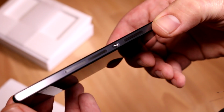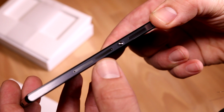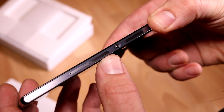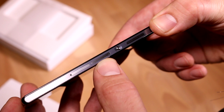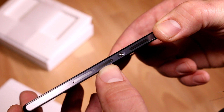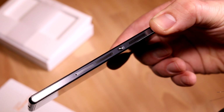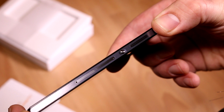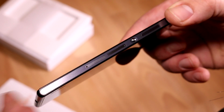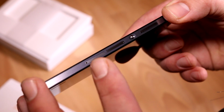On the right side you get this SIM card slot, and right next to that is the SD card slot. So this is a German version. In China there's going to be a model where this also doubles as a second SIM card slot. So there's only one tray in there, and you pull that out and you can put in either a SIM card or a micro SD memory card. So while traveling you would be able to put in a local SIM, for example, and still have your standard SIM